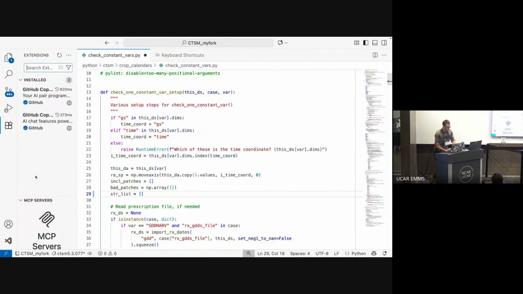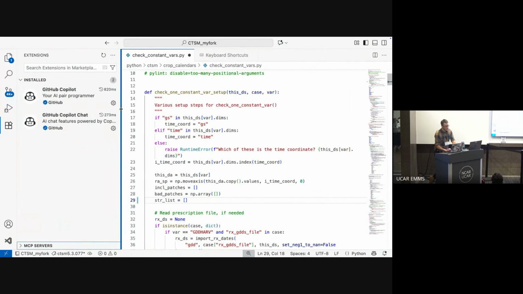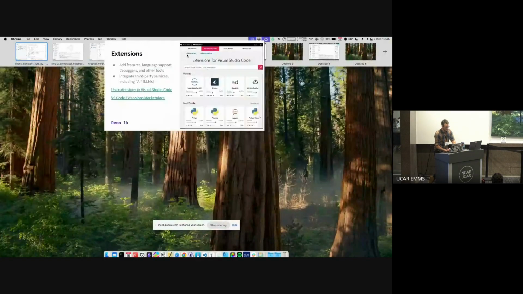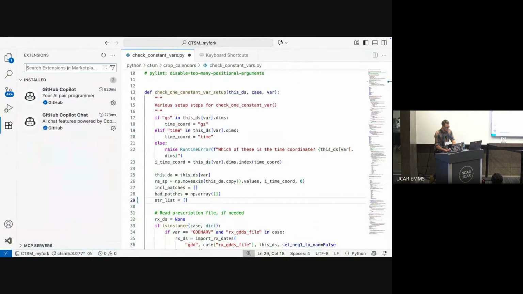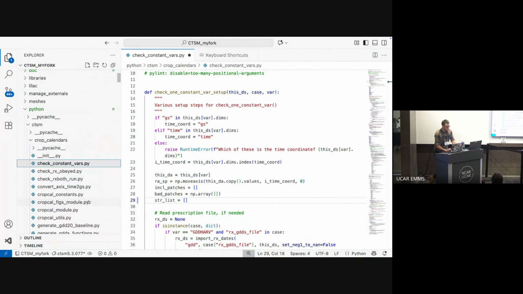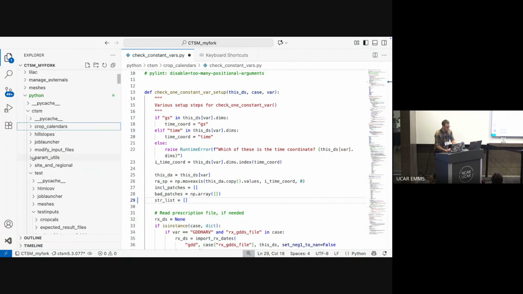Okay, so going back here, right now, like I said, GitHub Copilot is pre-installed. You can browse the marketplace on the web, and you get this interface. Or you can search for extensions in the marketplace from within VSCode. So, for instance, we use